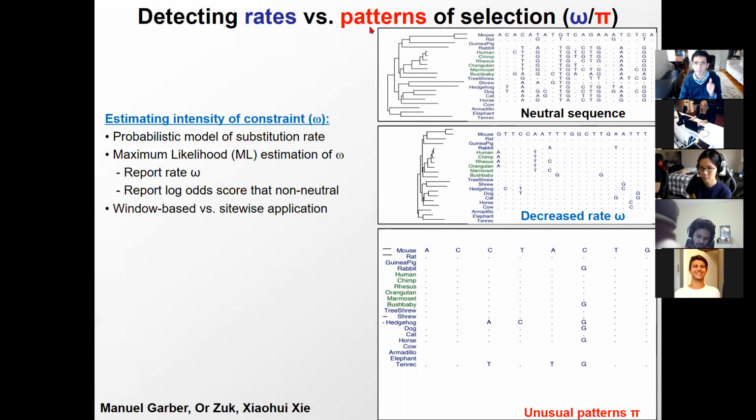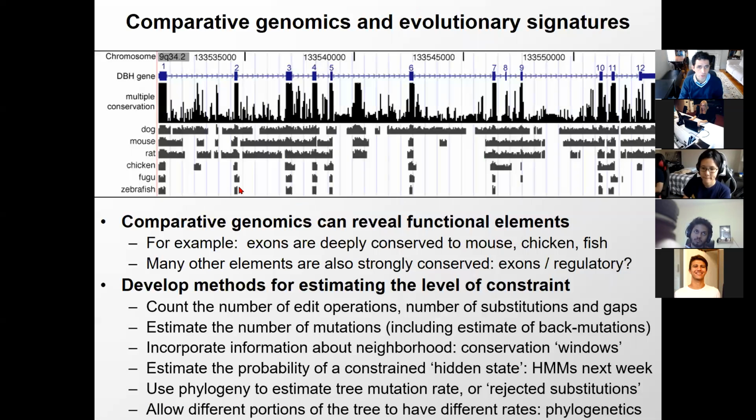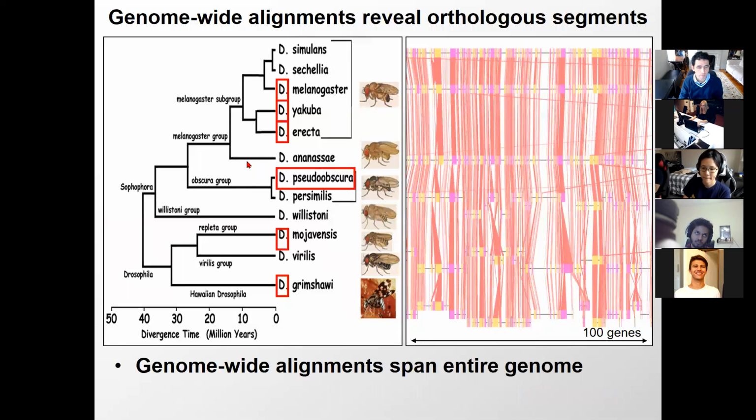Everybody with me so far? Okay, I see a question. How does branching occur? So the branching is basically speciation. So that's when, for example, this species here was separated from that species here, either because of a geographic event or because of a